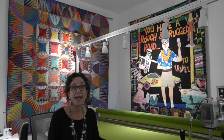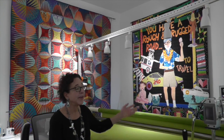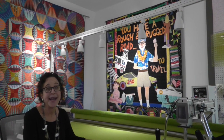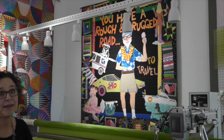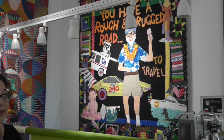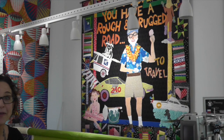and the opportunity for me to hang a lot of my quilts. Never had that before. So over here behind my Innova machine is a quilt I made for my dad for his 85th birthday. My dad was a great storyteller, and I didn't want those stories to be lost. He's gone now, and so I have this reminder of him and his stories looking over my shoulder all the